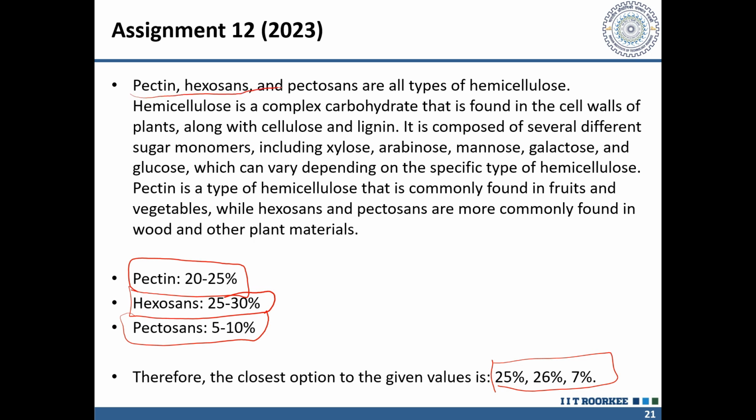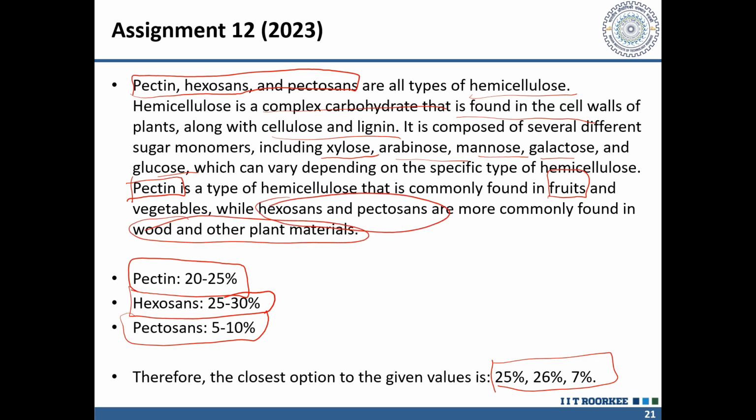Pectin, hexosans, and pentosans are all types of hemicelluloses. And what is a hemicellulose? It is a complex carbohydrate that is found in the cell walls of plants, along with cellulose and lignin. Hemicellulose is made up of various types of sugar monomers such as xylose, arabinose, mannose, galactose, and glucose, which can vary depending on the type of hemicellulose. Pectin is commonly found in fruits and vegetables, while hexosans and pentosans are commonly found in food and other plant-based material. Therefore, whenever we study citrus fruits, as the question was about citrus fruit,